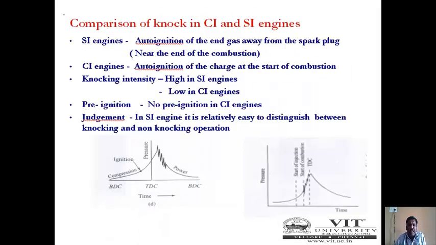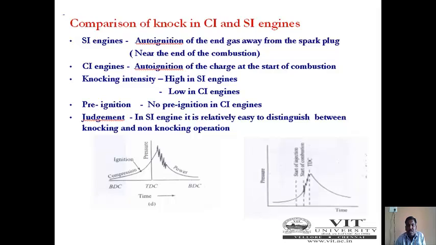Now we can compare the knocking process in both SI and CI engines. Knocking in SI engine is due to the auto ignition of the end gas away from the spark plug. It's near the end of the combustion chamber. Whereas in diesel engine, knocking is due to the auto ignition of the charge at the starting of the combustion process. Look at these two slides. In diesel engine, knocking takes place at the starting of the combustion process. The pressure waves are generated during the starting of the combustion process. Whereas in